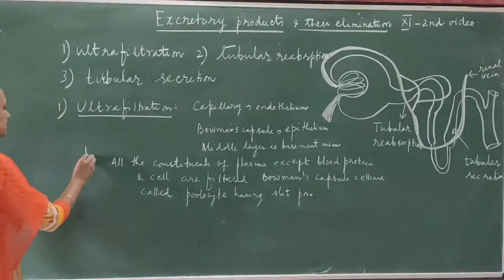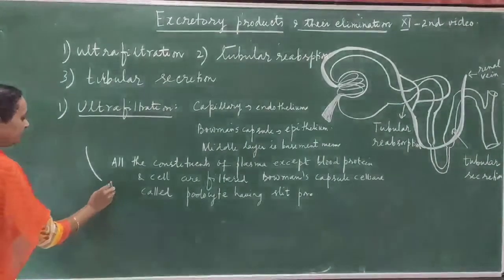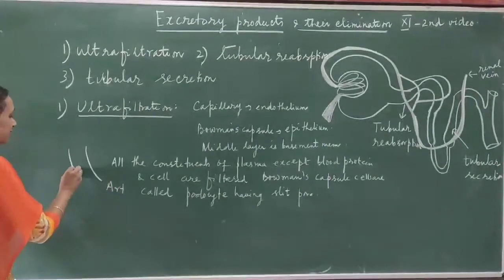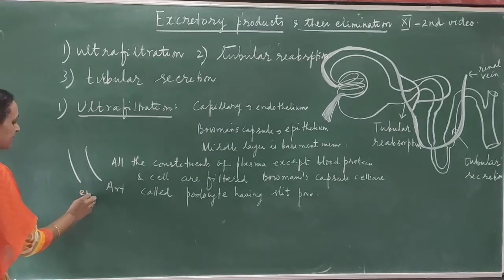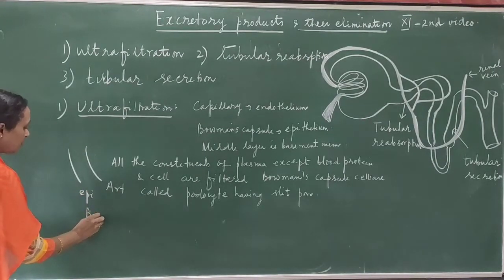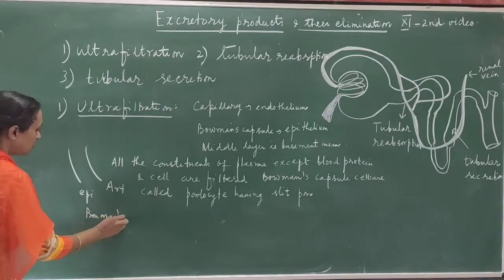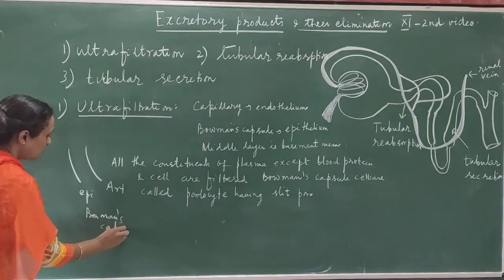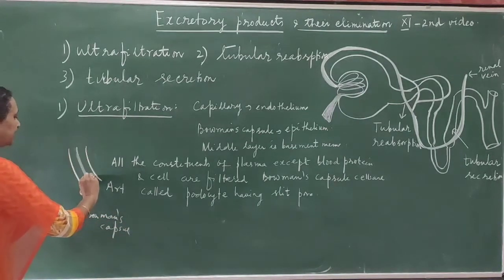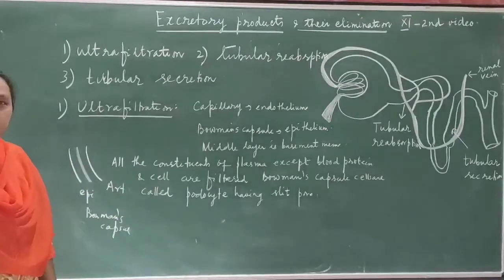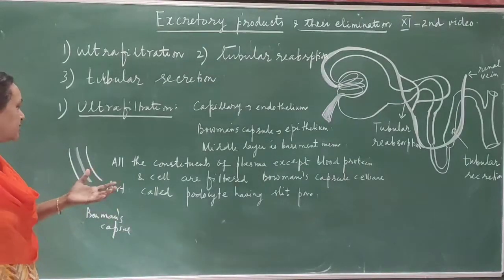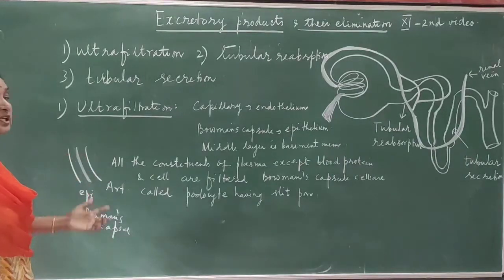So if this is the blood vessel, arteriole, and this is the epithelium of Bowman's capsule. Then between these two layers there is another layer which is called basement membrane. So the filtration that is taking place in between these three layers,